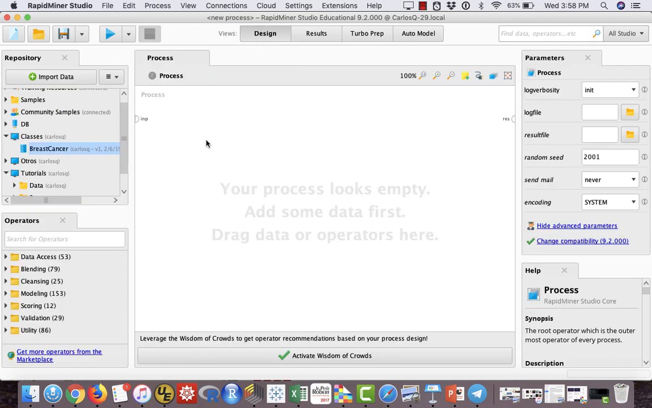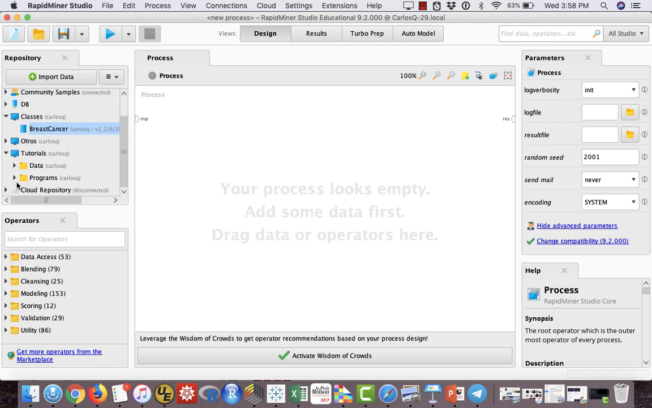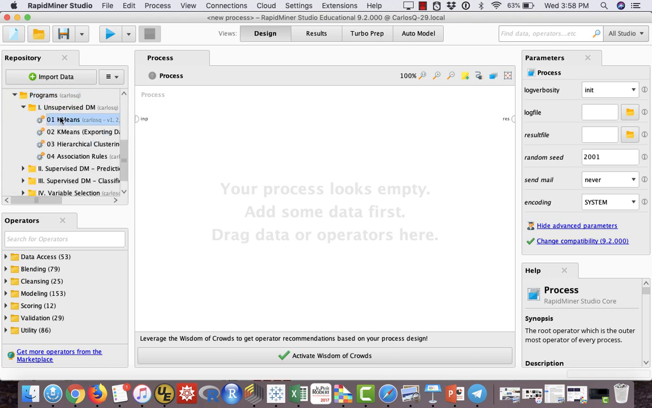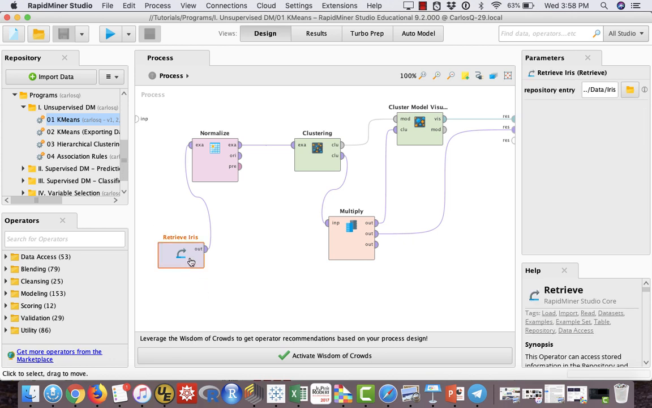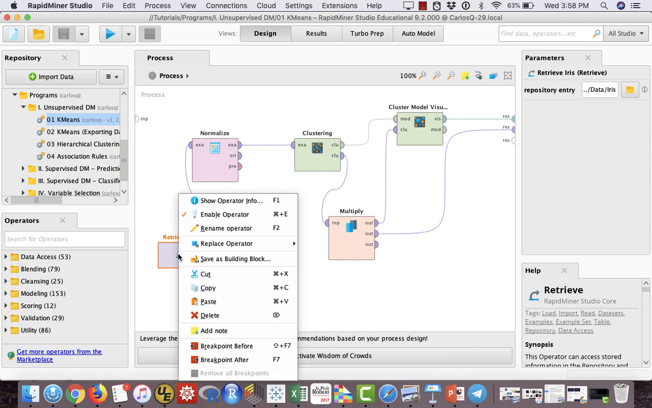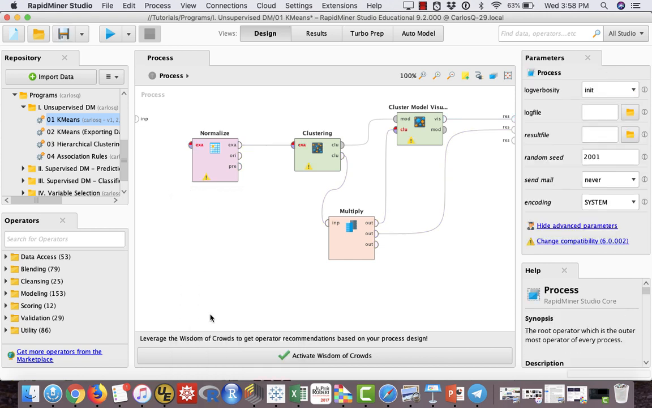And now I want to show you how you modify an existing program to adapt it to your data set. Okay, programs, K-means, again, double click. Again, it is applied to the iris data set, but now I want to change that. I want to apply it to the breast cancer data set. So what I do is I basically erase that operator, delete,